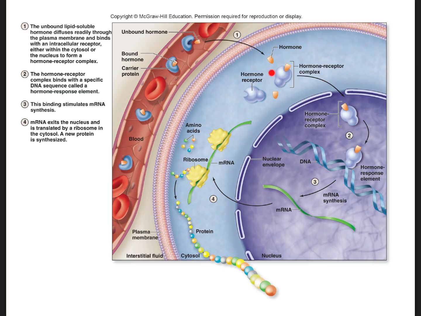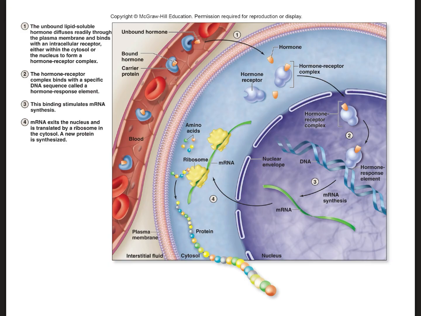When it binds and forms that hormone receptor complex, that then translocates, or moves, to the nucleus, binds to DNA, and promotes gene expression. So then we get mRNA, protein synthesis, and proteins, and now those proteins do what the cell wants. Think about testosterone. Testosterone is an anabolic steroid. It does this and helps promote your muscle cells producing protein and building more muscle.